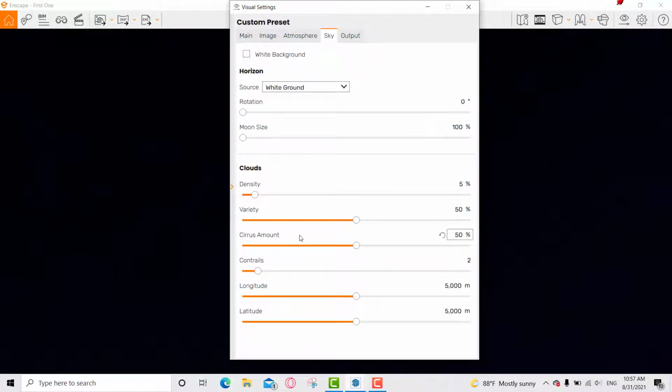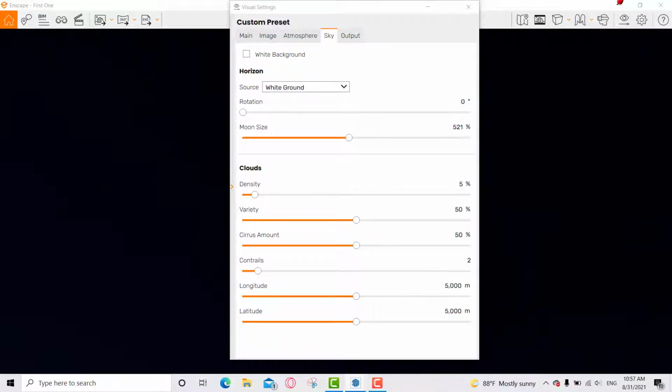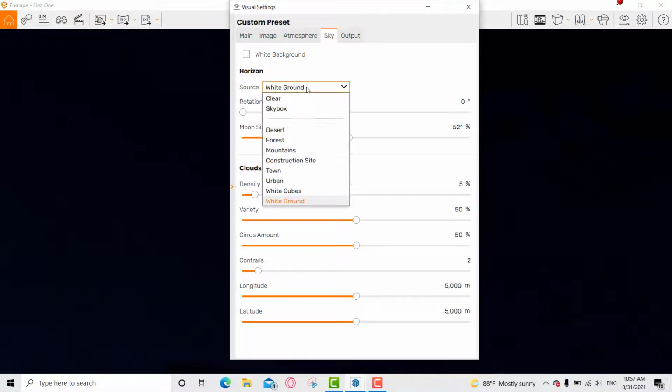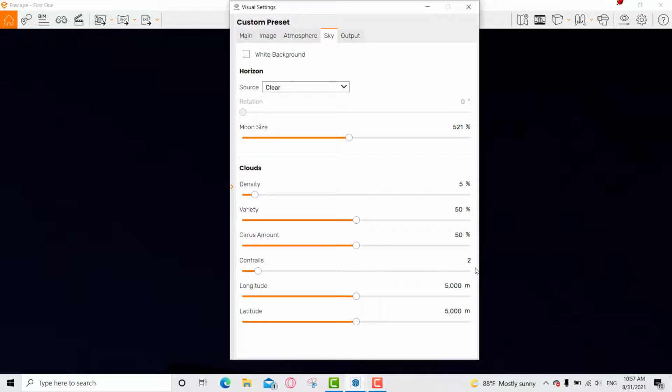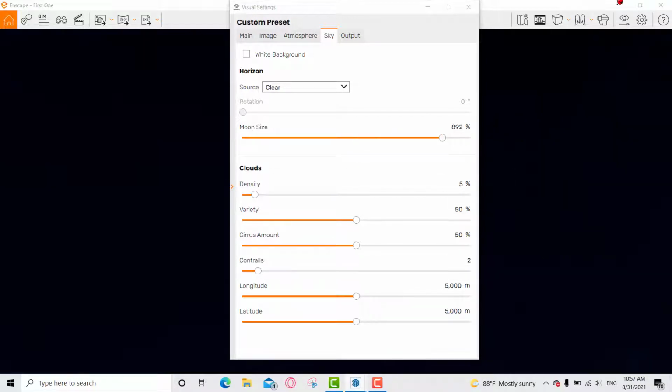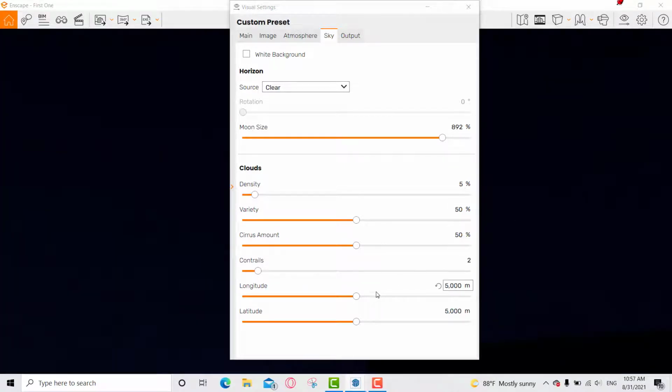Let me see the sky contrast. Okay, the moon size. Let me see if I can see it. I don't know why I cannot see even any moon. Anyway,